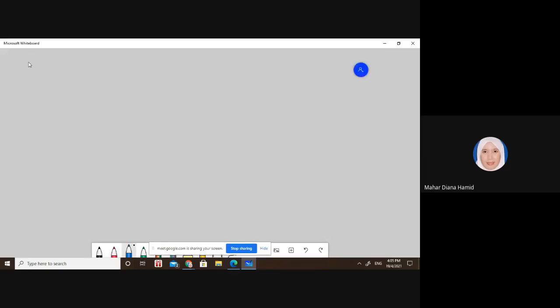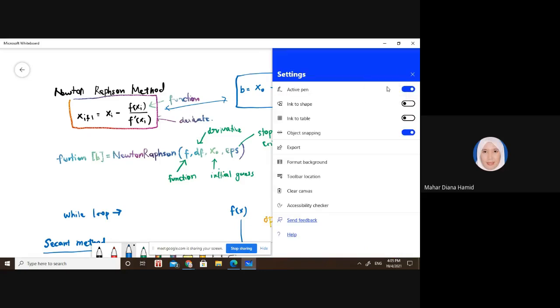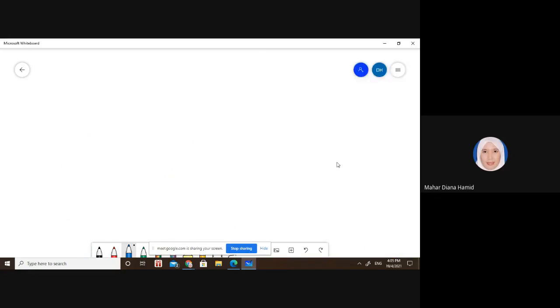For example, if we have three unknowns x1, x2, and x3, from the previous lecture: 3x1 minus 0.1x2 minus 0.2x3 equals 7.85, and then 0.1x1 plus 7x2,